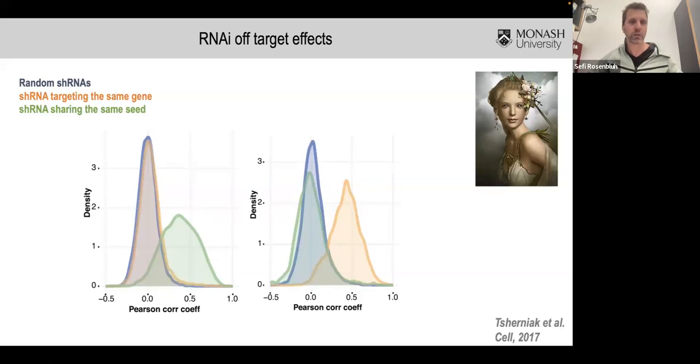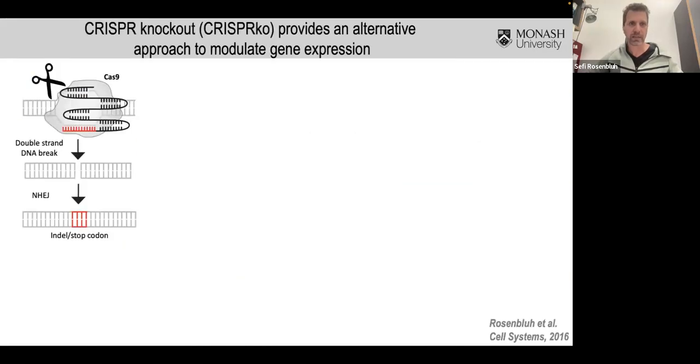Still, in some cases, for example projects where we want to target non-coding RNAs, shRNAs are the best approach currently still available. But obviously, when CRISPR came out, we were very excited that we could use a different method to suppress genes. So the first method I'm going to talk about is the wild-type CRISPR, or CRISPR knockout, as we call it. In this approach, we use a wild-type Cas9 in which we target an exonic region of a gene. It creates a double-stranded DNA break, and it continues to cut and cut until you get an indel or a stop codon.